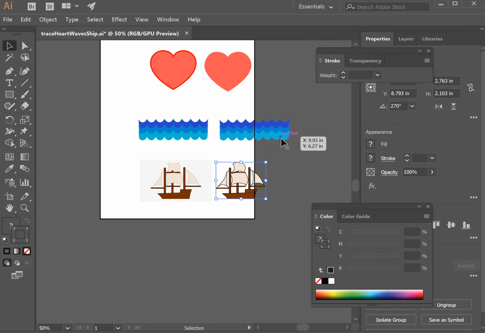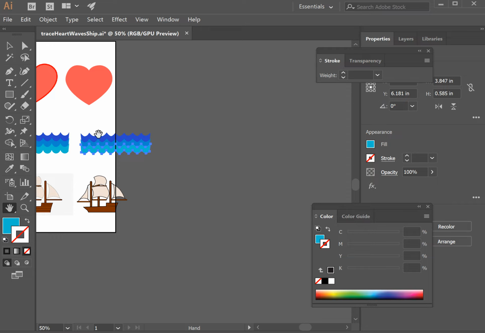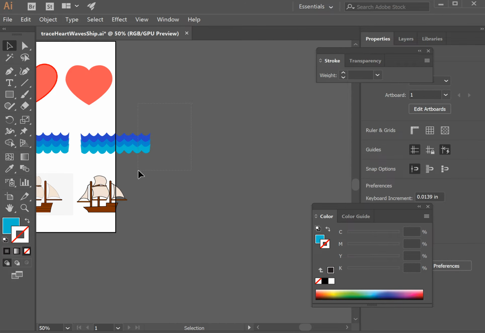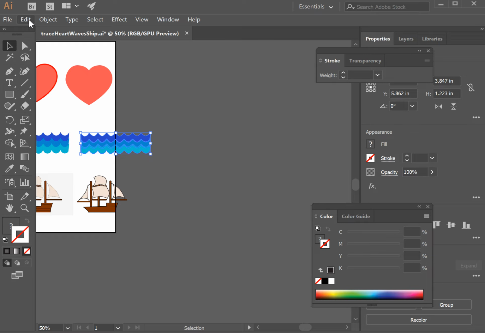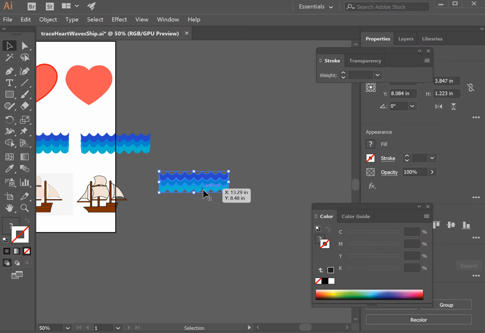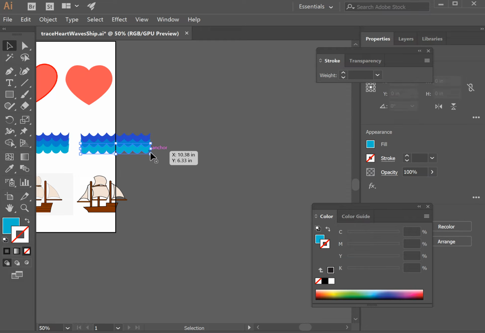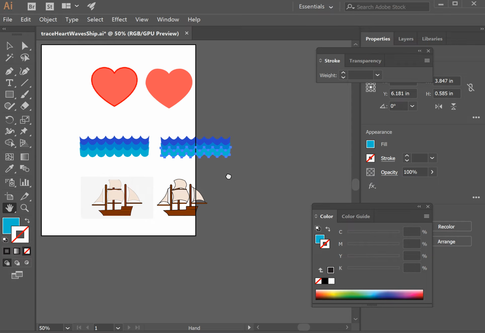I have already separated these waves. Some of you might decide to do something like this: you might want a lot of wave texture, so you could copy and paste this and duplicate it so you have a lot of ripples in the waves, and that might be a good look for you. I'm going to keep this one simple and just copy the front wave